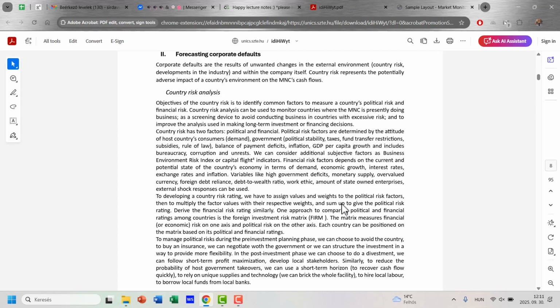Maybe the parent company can take up loans at lower interest rates at home, and then this money can be invested as equity. Or some of it will go as equity, and some will be provided as a long-term loan. Sometimes they are not even asked for interest, but in many cases they say, okay, let's provide a 10 or 20-year variable interest loan to the subsidiary. This can also be useful because if the company is not profitable, interest must still be paid. So this is how we can recover some of the profit.